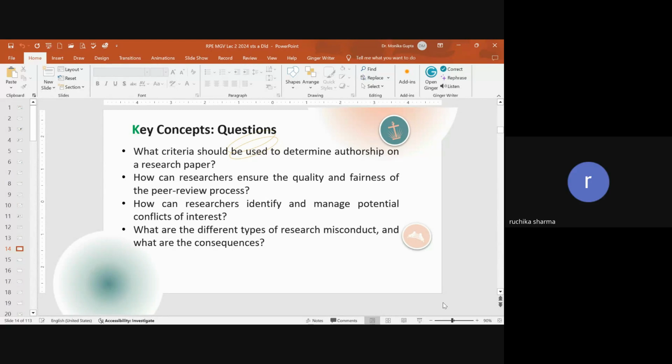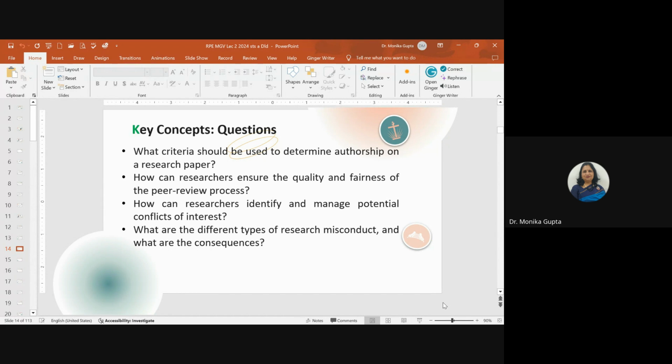Falsification, madam. Falsification. Very right. So basically three types: fabrication, falsification, and plagiarism. FFP. So you can make some abbreviation so that you can recall for yourself. And what could be the consequences? As we have discussed earlier, loss of reputation or job, funding, legal action, retraction of papers, and damage to scientific